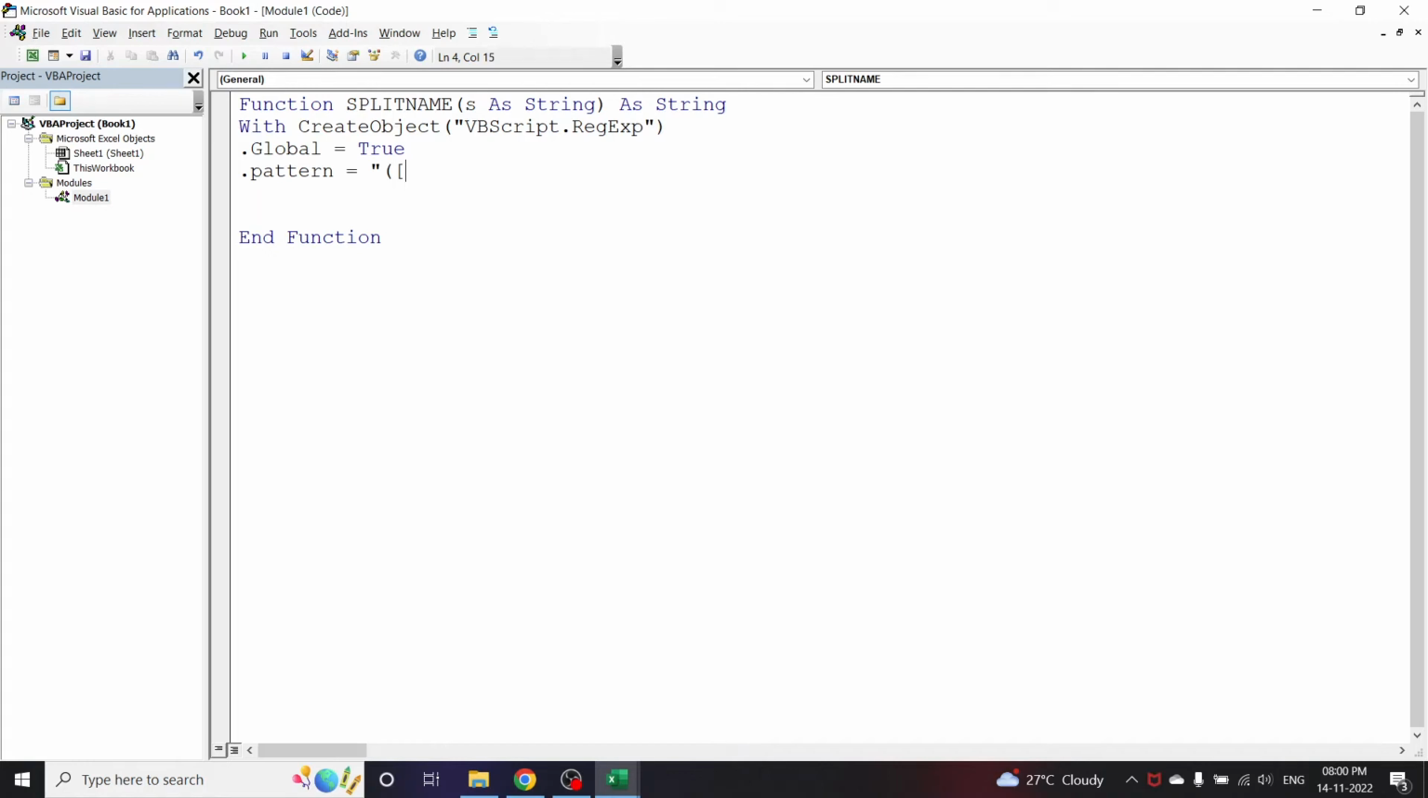square bracket, lowercase a to z, square bracket close, and then square bracket, uppercase A to Z. See, you can close the brackets and close the inverted commas. Now click enter,